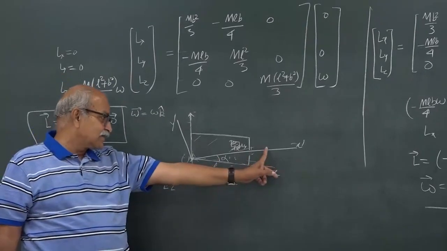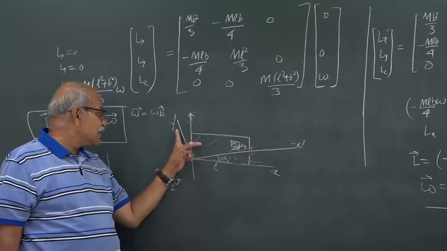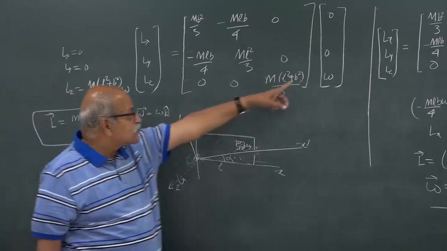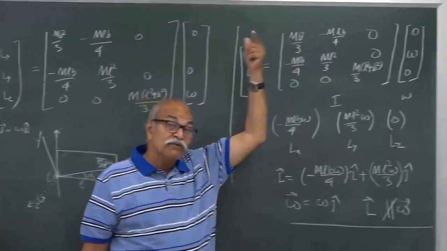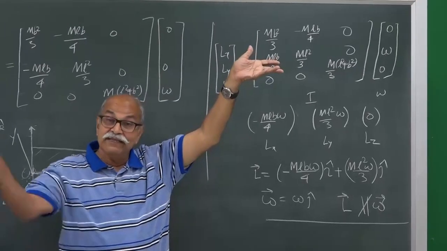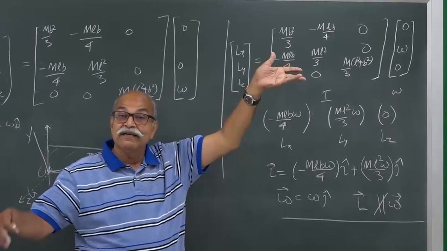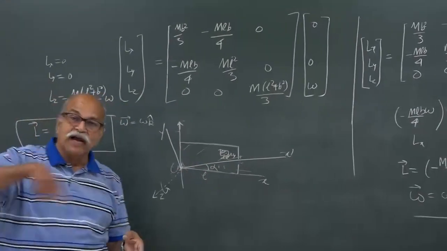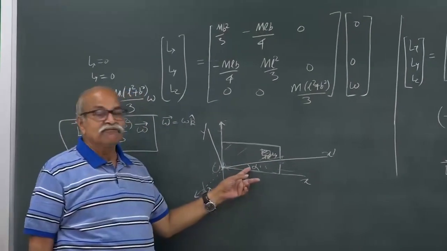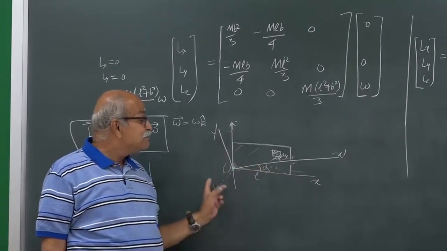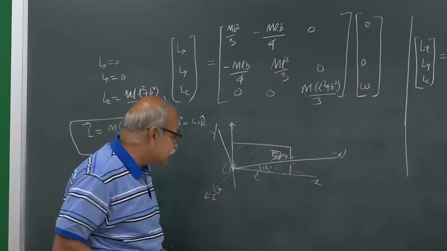So, take this as the x axis, take this as the y axis and the z axis is here, and calculate these terms as I had calculated from the very basic definitions. Ixy is equal to minus summation m x y. Calculate that product of inertia, put that equal to 0 and find what is alpha. Then you will get those three principal directions, but nevertheless at this moment